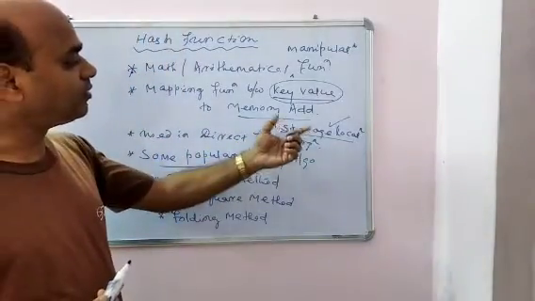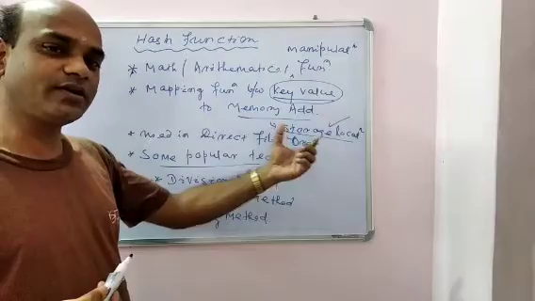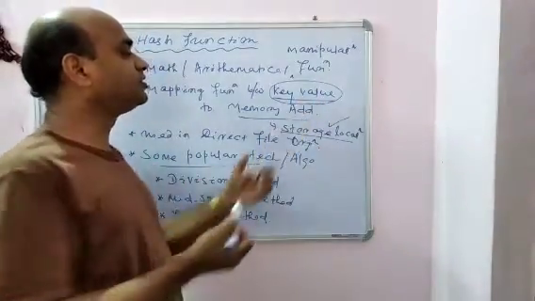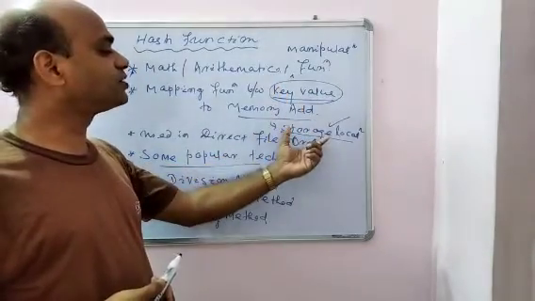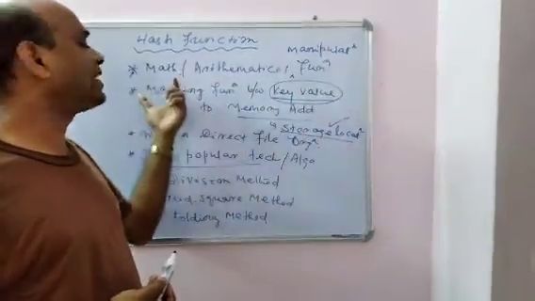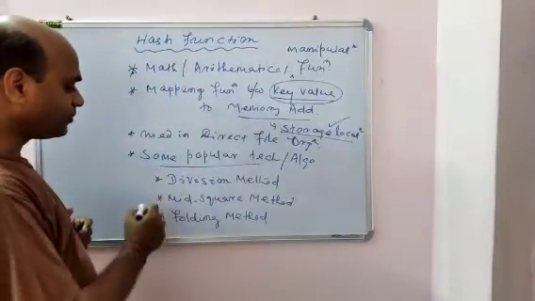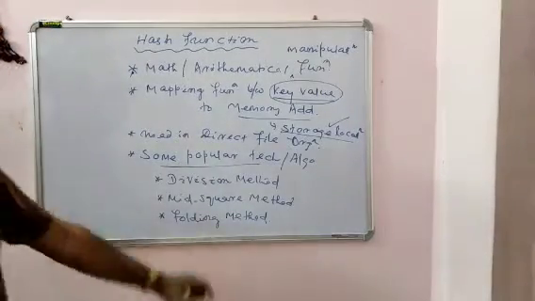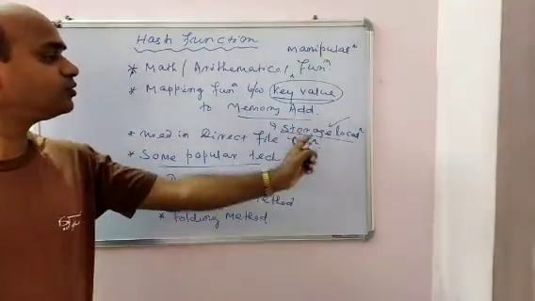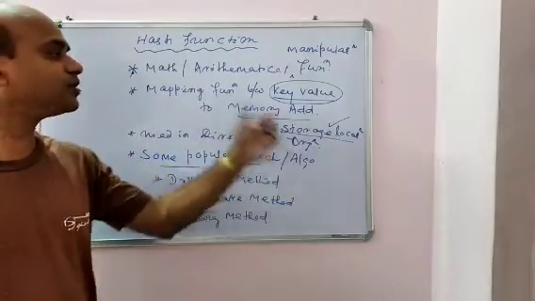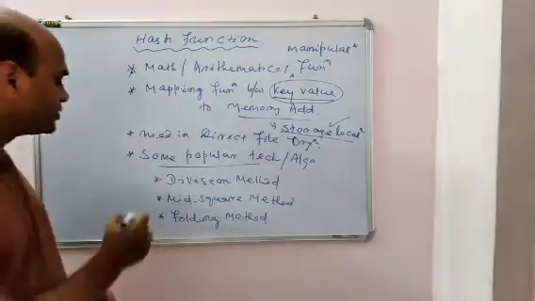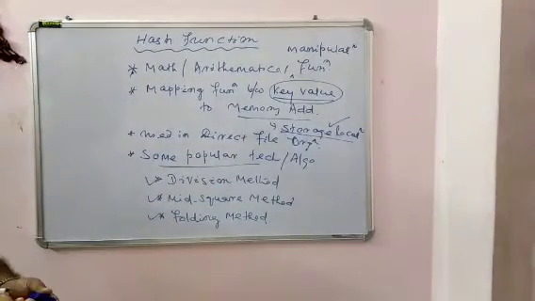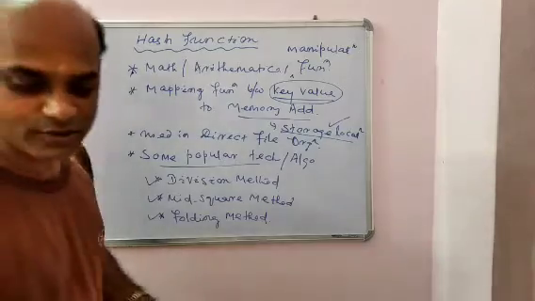To fetch records or information from this storage location, we have to use a key value. This key value is converted to the storage location or memory address by a hash function, like the division method, mid square method, and folding method. There are so many techniques and algorithms to convert a key value to a storage location, which is why it is called a mapping function. As our example, we will discuss three popular types of hash function. Now we will discuss the division method.